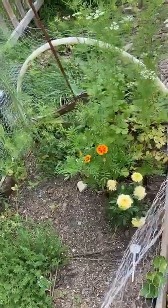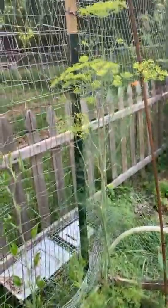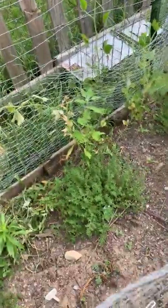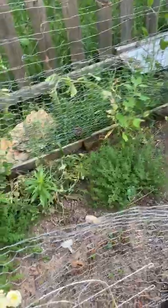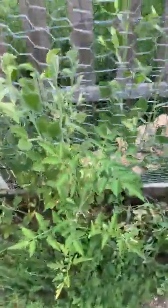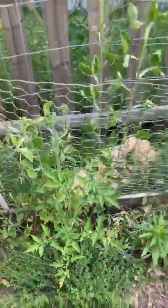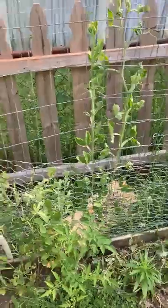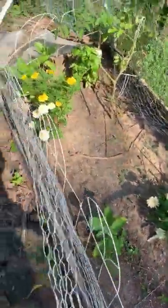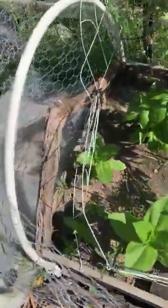I've got a lot of marigolds in this bed. The dill is also going to seed, starting to flower. The thyme does well here, so I guess thyme likes dry soil. Another volunteer tomato. I don't know which one this is. I planted 3 tomatoes in here last year, so it'll be interesting to see what comes up. More marigolds, more marigolds. Got a zinnia corner,